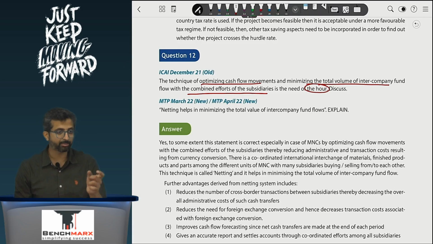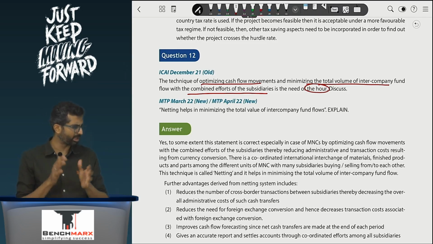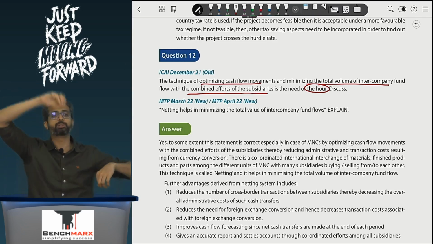This is nothing but netting. Remember we did one sum where we had the Hong Kong subsidiary, Indian subsidiary, London, US. So we were saying different subsidiary, different cash flows. So what we want to do is net and match in such a way that the foreign currency risk is minimized. Because if I actually do all the transactions independently, Indian company paying to Hong Kong paying